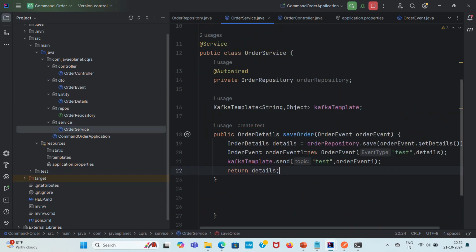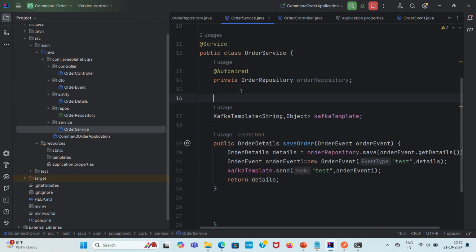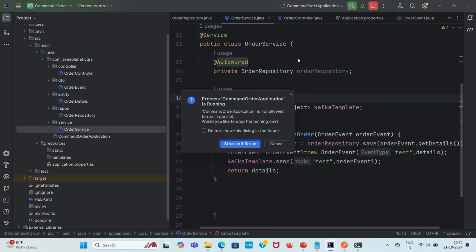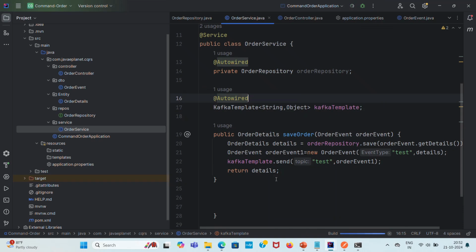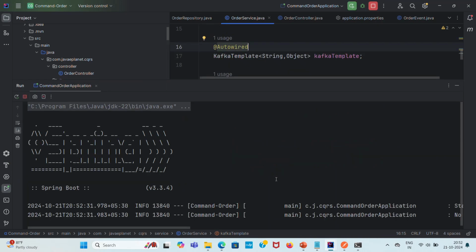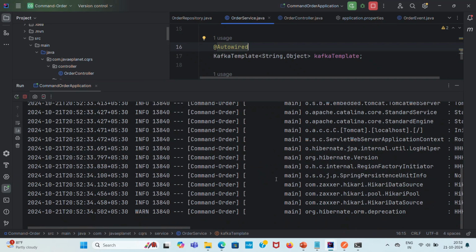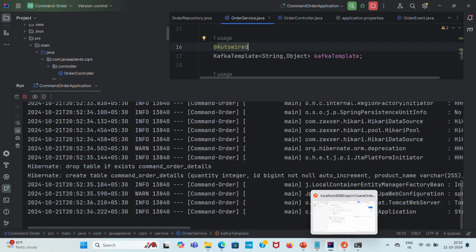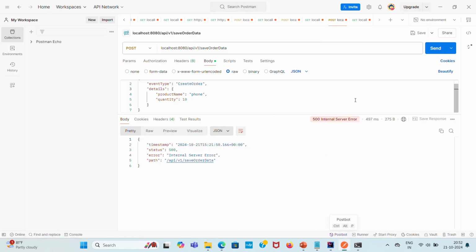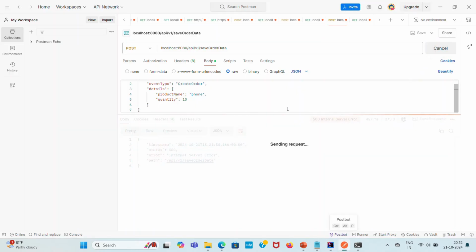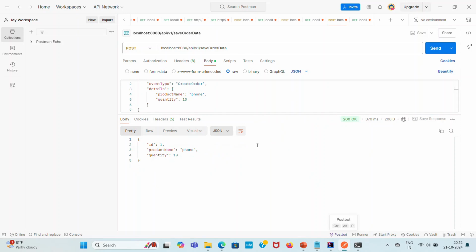Go to the order service, annotate this with @Autowired. That's it. Rerun it. Okay. Now hit it. See here, the product has been saved. Now go to the